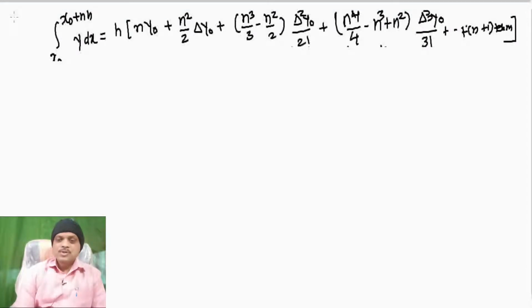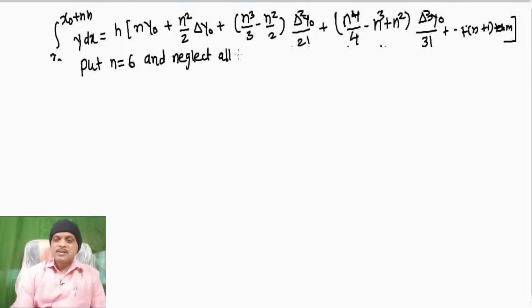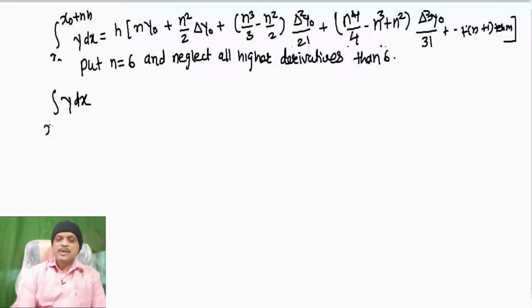So I put n equal to 6 and neglect all higher derivatives than 6. So let us neglect that by substitution. Here the integration of y between the limits x0 to x0 plus 6h equals h into 6y0 plus,